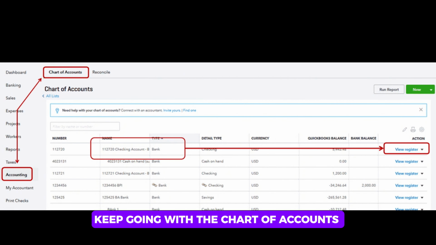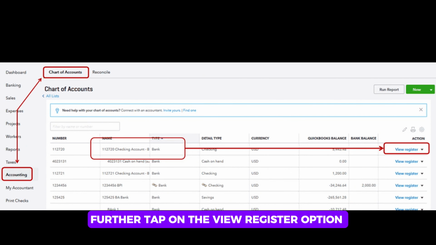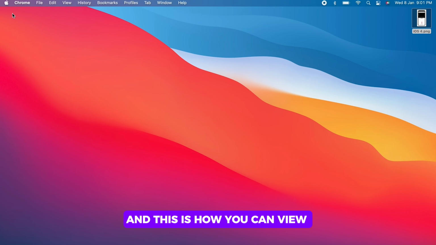Keep going with the Chart of Accounts and find your bank account. Further, tap on the View Register option before the bank account name, and this is how you can view check